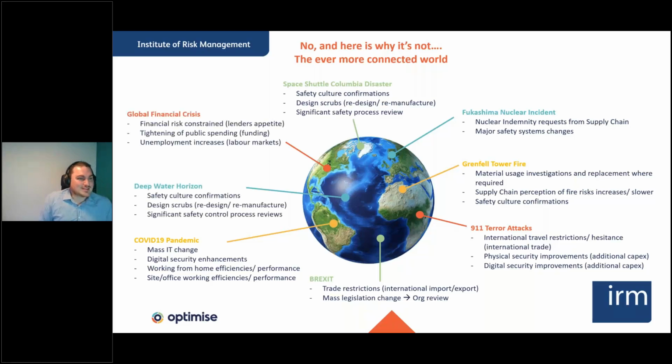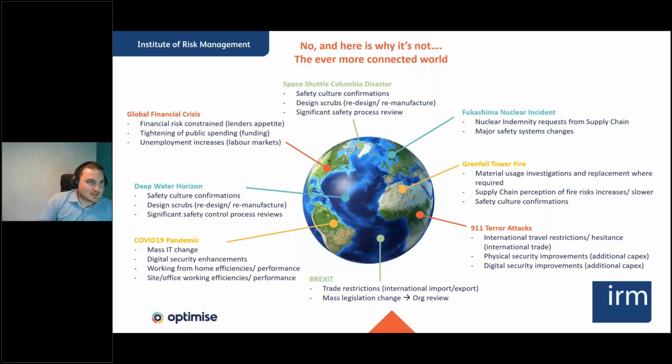These were all huge events that are becoming, unfortunately, more and more common, and a lot of organisations aren't planning for them or don't fully understand their impact from the bottom all the way up. As I said at the start, the world is becoming ever more connected. International borders are becoming more and more blurred. Trade deals, although not necessarily at the moment in the UK with the Brexit trade deal, but hopefully at some point in the future, are making international trade easier, which means that an implication that happens on the other side of the world that you didn't have your eye on could have a fundamental impact on your business.